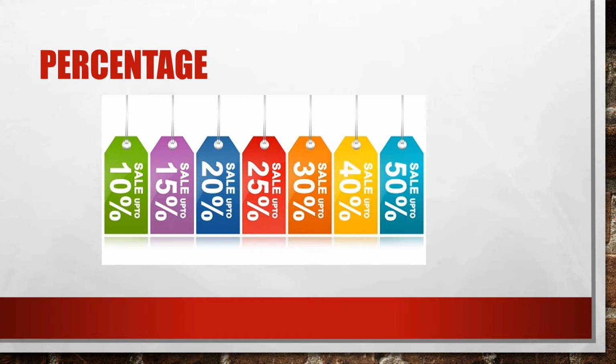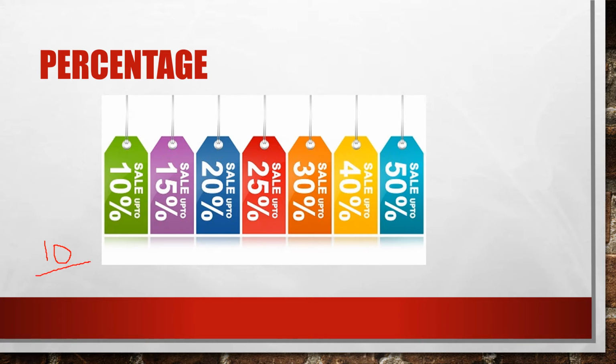Okay, so if you see a product, for example a t-shirt which you really like, and it has been tagged as 10% off. So when I say 10%, that means 10 upon 100. Whatever the product is, on that you have 10% off. So when it is given as 10%, you have to calculate it as 10 upon 100.